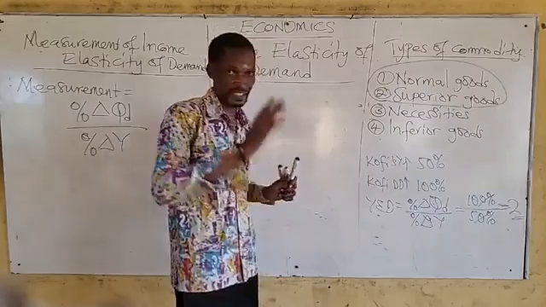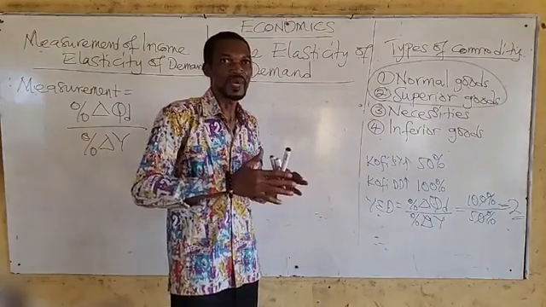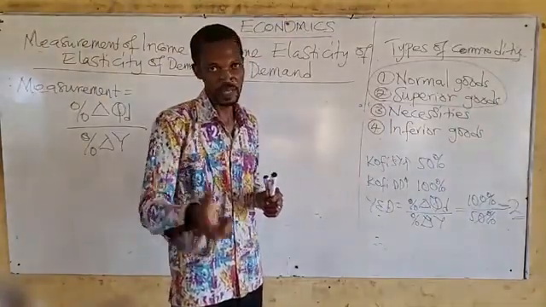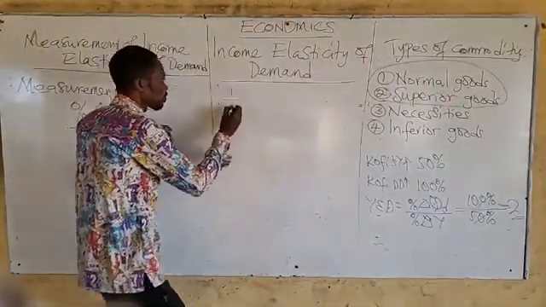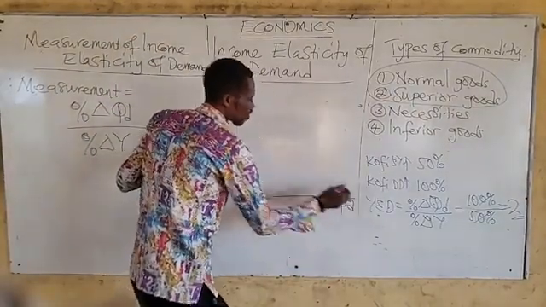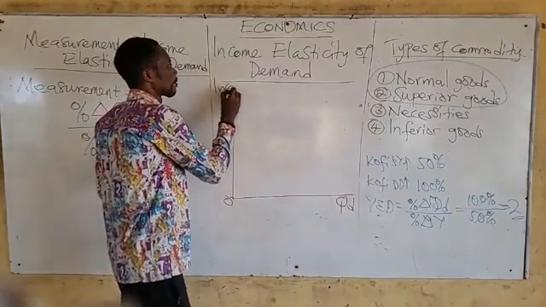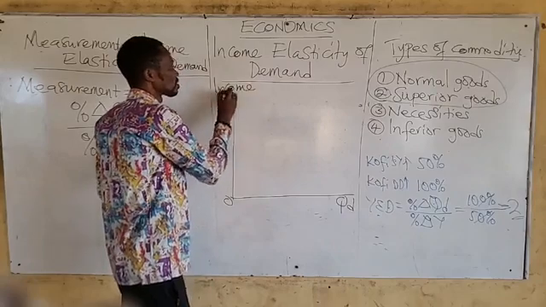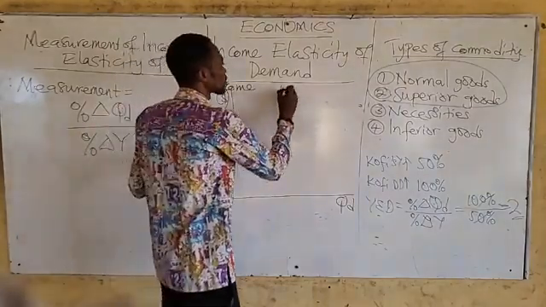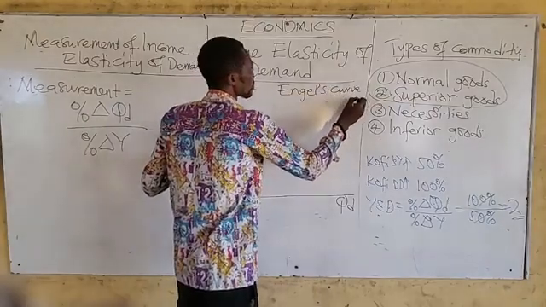And I'm going to draw a simple one. You can make separate diagrams out of it, but I'm going to make only one type of diagram, and I will explain it. So here we have the quantity demanded on the x-axis, and normally I write price here, but this one is income. This is income in dollars. So income against quantity demanded, the curve is called Engel's curve. It's spelled like this. That is the spelling.